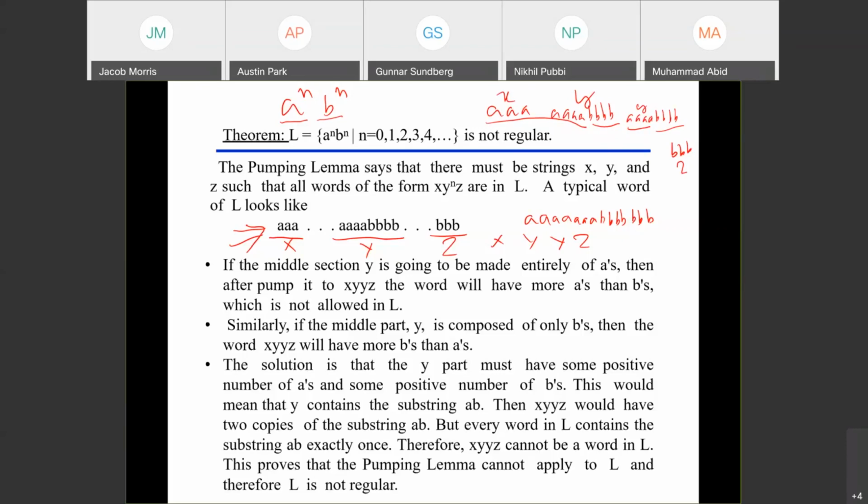Okay, so what are the other possibilities? This is my first guess. If the middle section y is going to be made entirely of a's, then after pumping to x, y, y, z, the word will have more a's. So now my first guess is, let's say, I consider this whole thing,